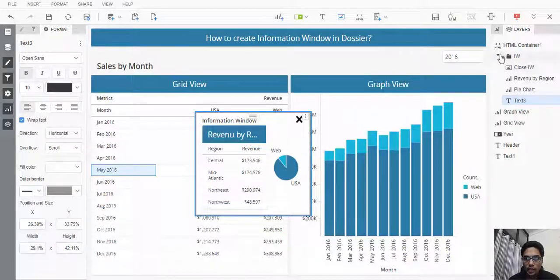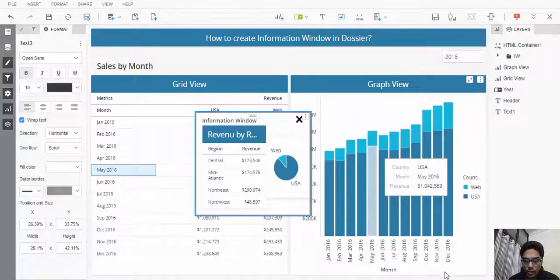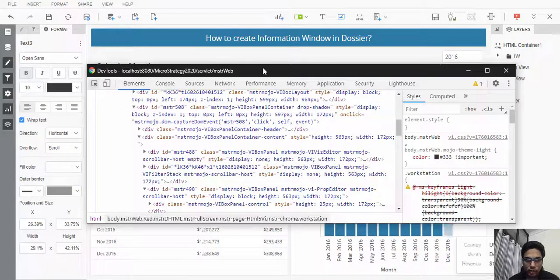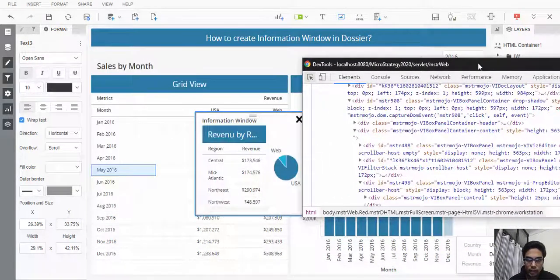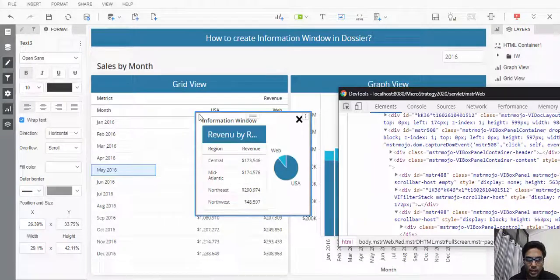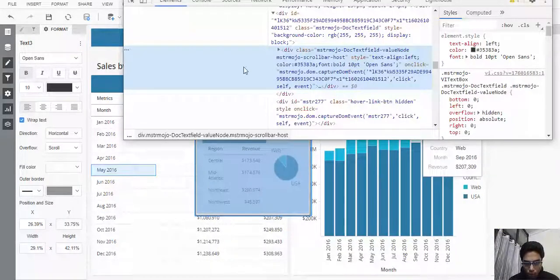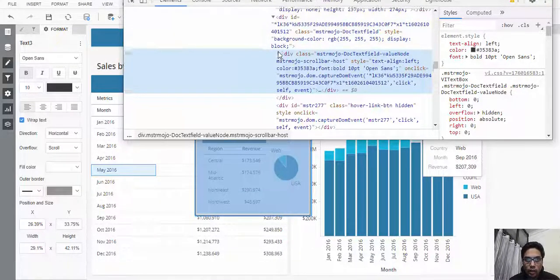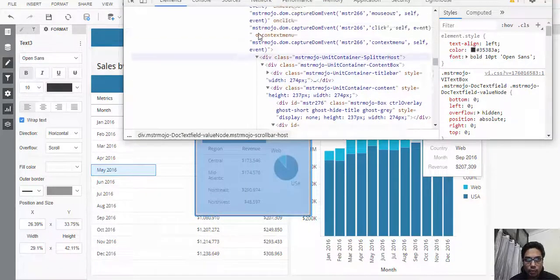Okay, so now we know that we can create the group. Once we create the group, obviously it will generate all the div tags and all HTML tags. Okay, we have to identify the div which is created by this group. It's a parent div, and inside that there will be all the other visualizations.